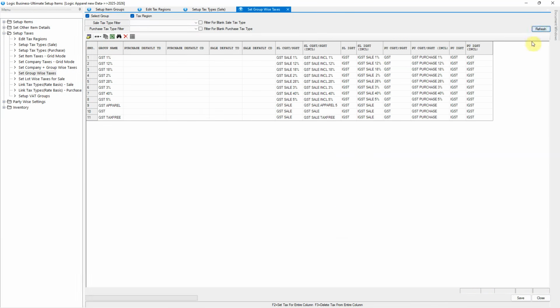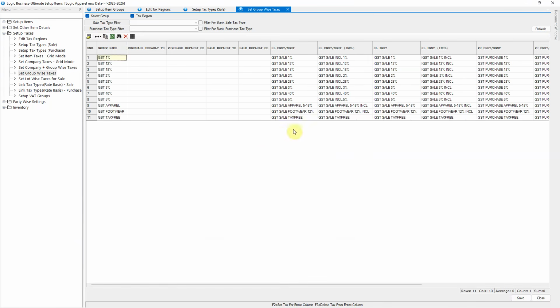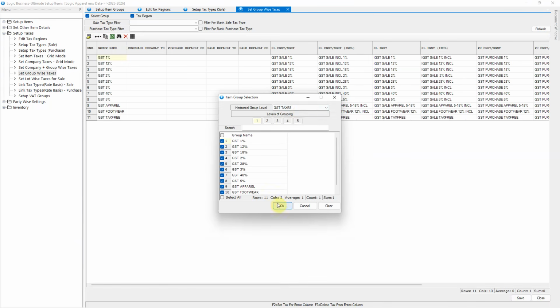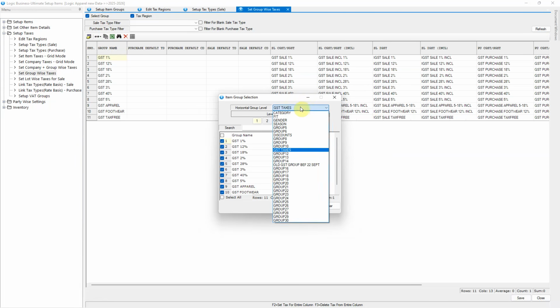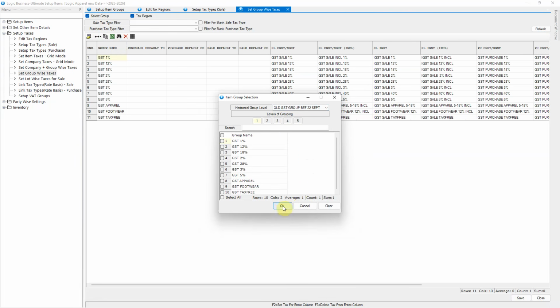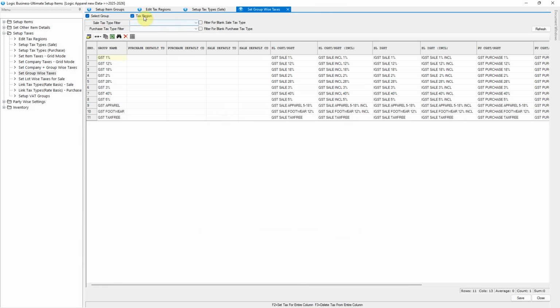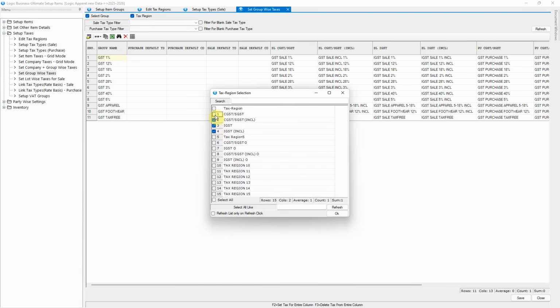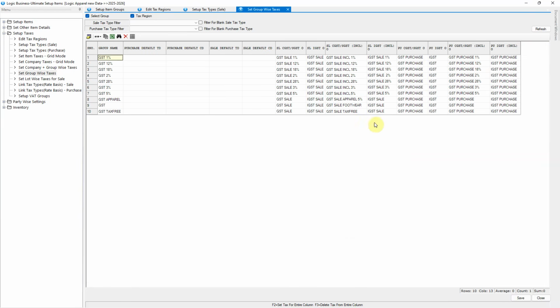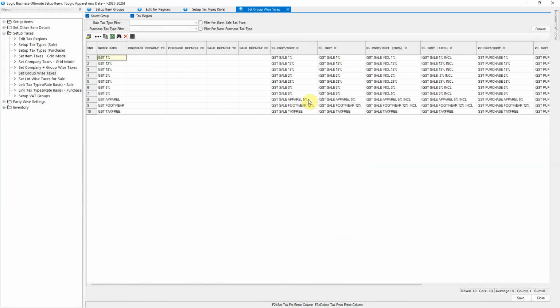The new tax types are automatically linked with the respective groups and tax regions, as shown. You can also review the settings for the previous item group that we copied to level 15, which are saved separately with the old tax regions. You can select and review these settings to ensure that your previous billing settings and the new billing setup remain unaffected.